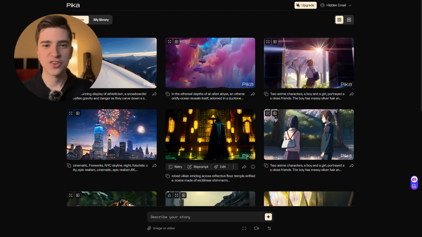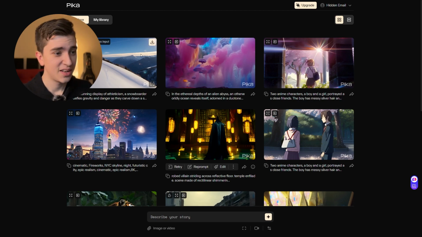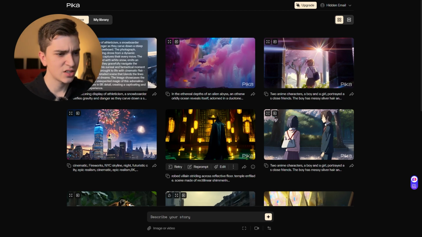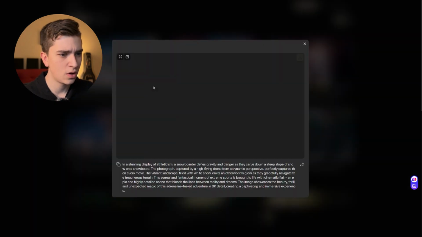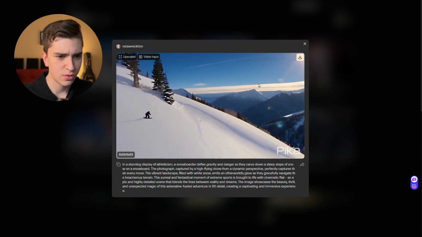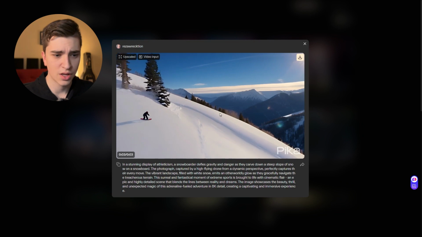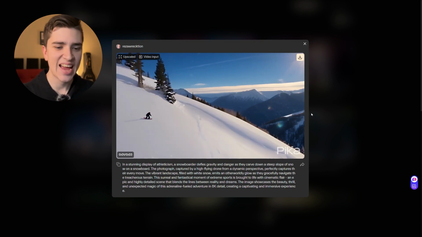Now, before we jump into actually creating the videos here, I wanted to just go through the Pika.Art examples of what you could actually create from these prompts. And there's a couple here to start with. We have this one which says, in a stunning display of athleticism. Oh, I'm not even going to read that whole thing, that's really long. But we essentially get a full-on video from what looks like a person skiing down a hill. It's got the mountains in the background, it's got the clouds, it's got the trees, and of course it's got the snow. You can see it flying at the camera. But this video is completely AI generated.